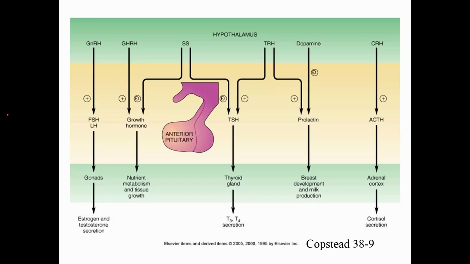So there are many examples of these three tiers. Gonadotropin releasing hormone sends its hormone through the portal system. The gonadotrophs release FSH and LH. They go to the gonads, and then the gonads produce sex hormone. Growth hormone releasing hormone is released from the hypothalamus, goes through a special portal system. Anterior pituitary releases growth hormone, and growth hormone causes metabolic effects.